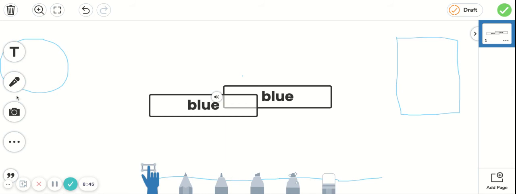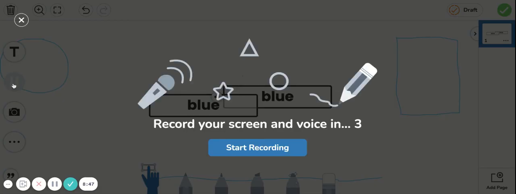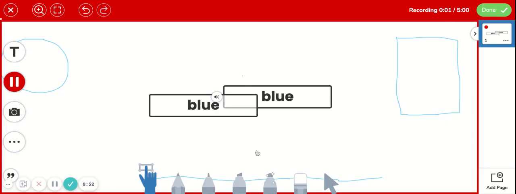So let's take a look at how this works. I tap on record, and now I'm getting a countdown. And if I activate the arrow once I leave and start moving, my arrow will move. I could spell the word blue, B-L-U-E. I could tell you the letters, B-L-U-E. I could also take my pencil and I could write the letters for you,